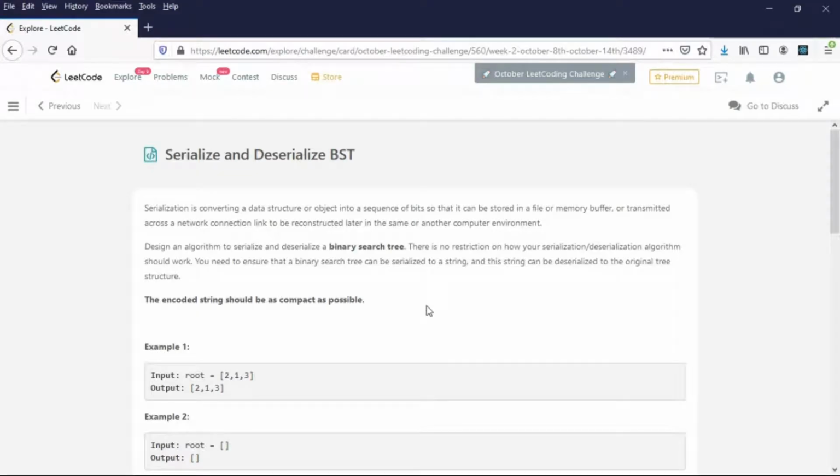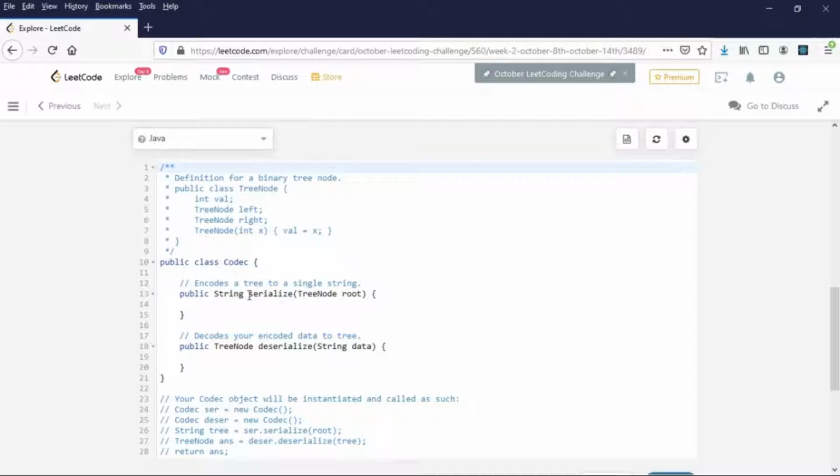So what they are asking here is, given a tree node, we should be able to serialize that tree node into a string, and then from the string we should also be able to deserialize into a tree node. So in Java the method is something like this, where they have a serialize method: given the tree node, you have to return the string form of that. And there is a deserialize method: given the string form which is written from the serialize method, we have to again reform the tree node from that.